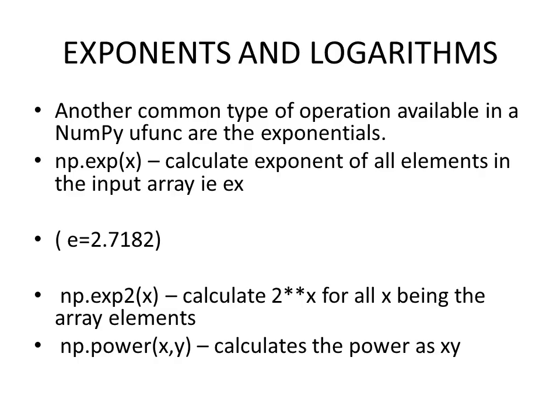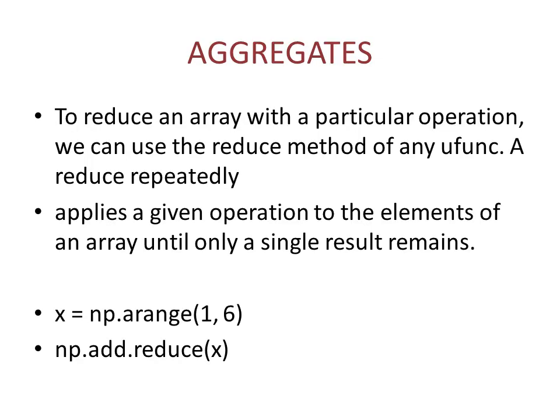Before array broadcasting, we'll see what aggregates are. Aggregates is where you reduce the array. The only function here is reducing the array. For example, if you add 1 plus 2 plus 3 plus 4, it gives you the output. That is, we'll be using the reduce function. For example, for multiplication, if it is 1 into 2 into 3 into 4 into 5, the output will be 120. So it's based upon the array we give.